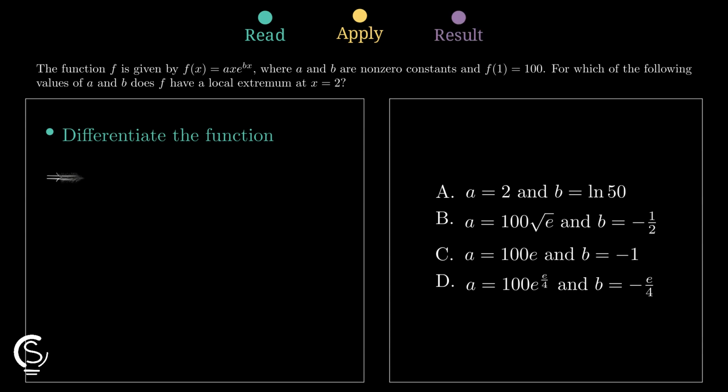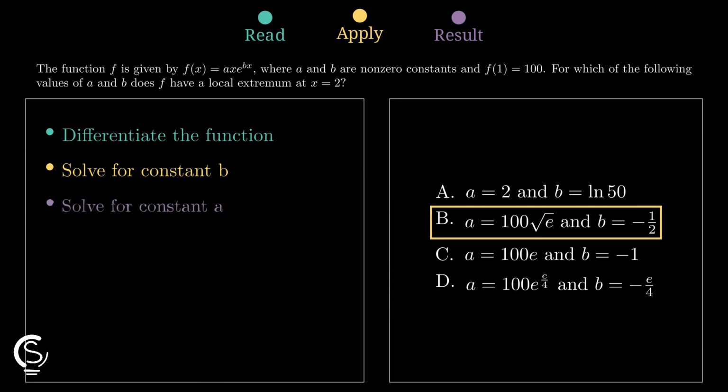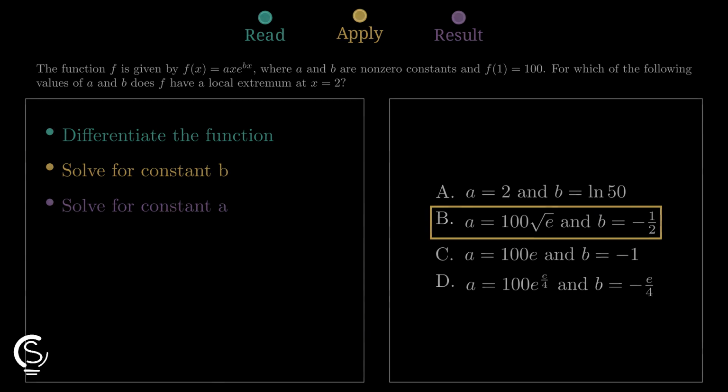Using f(1) equals 100 and our b value, solving for a yields 100 times the square root of e. Well done! Option B is